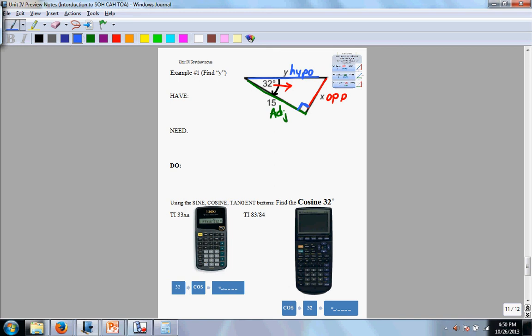Okay. Now, we're going for y this time. We have the adjacent side. Why do we have it? It's the only thing that we have a number on. So I just write A for adjacent. Because I want y now, I want the hypo. So again, the question is,